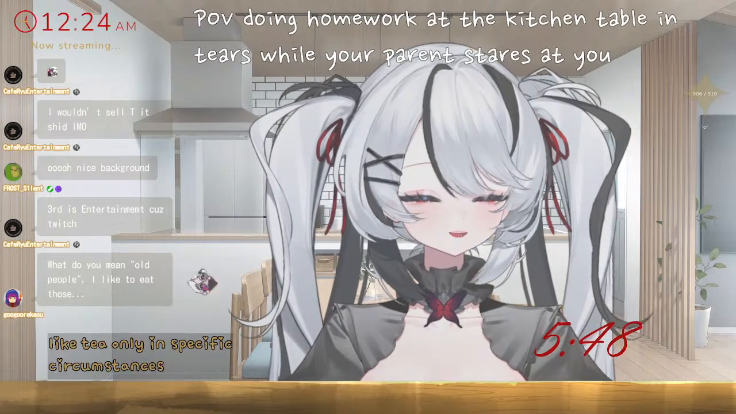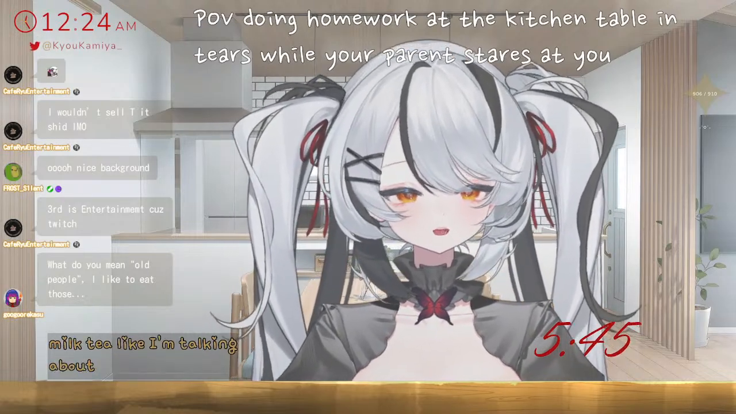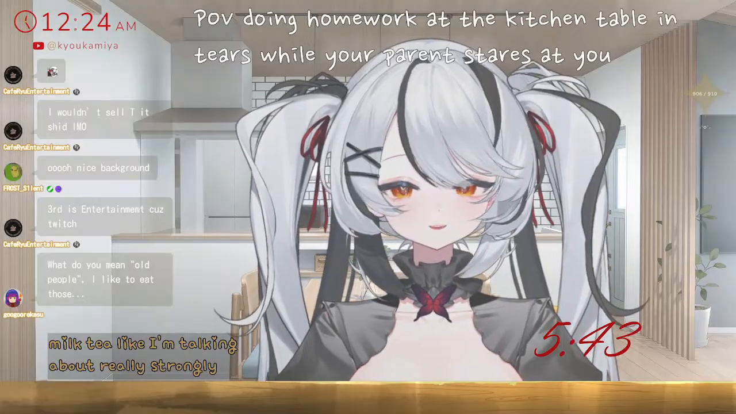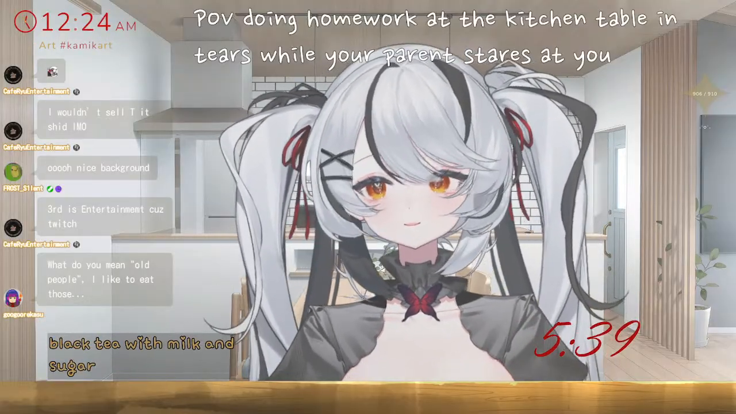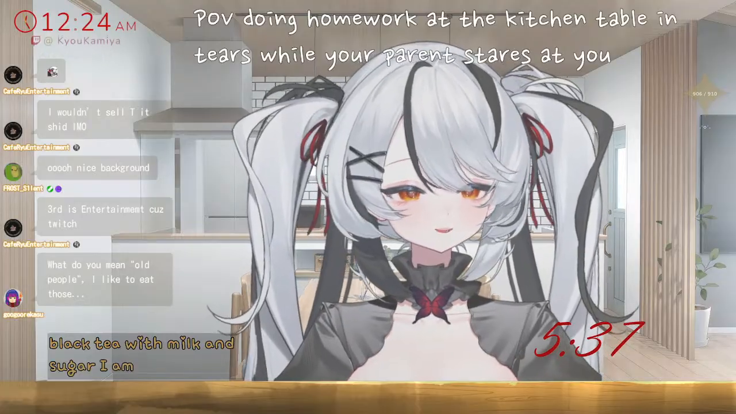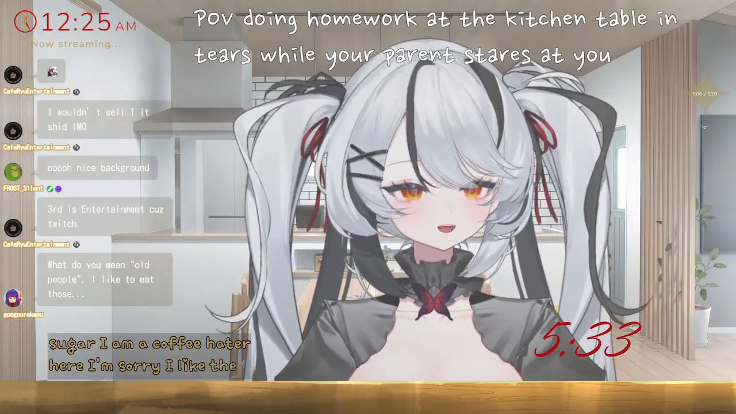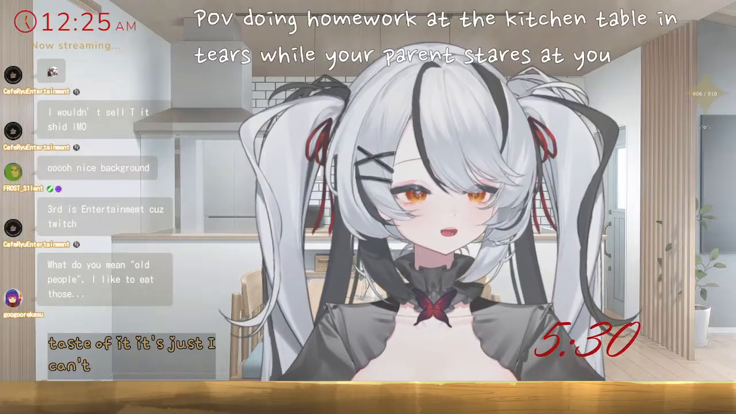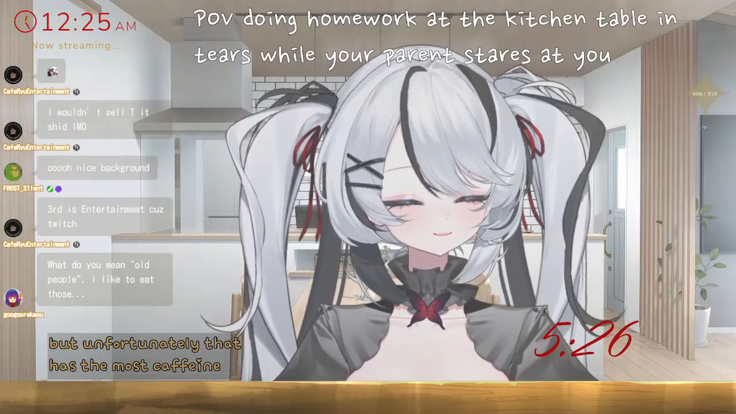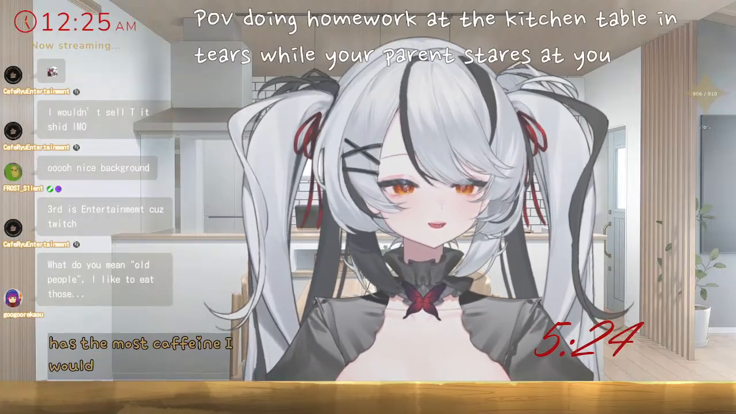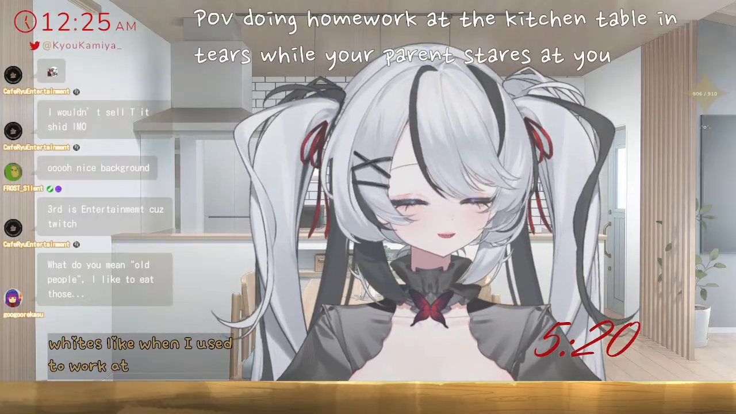I only like milk tea. I'm talking about really strongly brewed black tea with milk and sugar. I am a coffee hater here, I'm sorry. I like the taste of it, it's just I can't have too much of it, and I really like blonde roast, but unfortunately that has the most caffeine. I love flat whites. When I used to work at a coffee store,